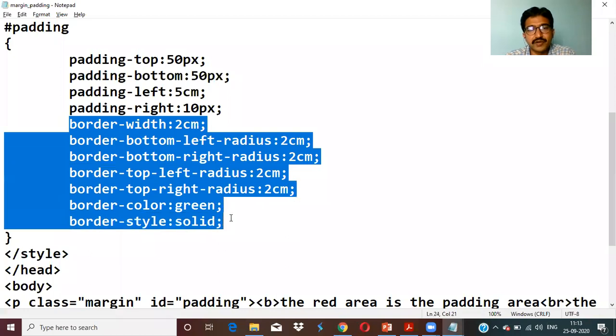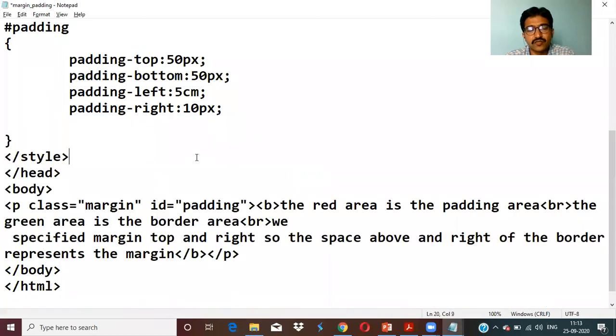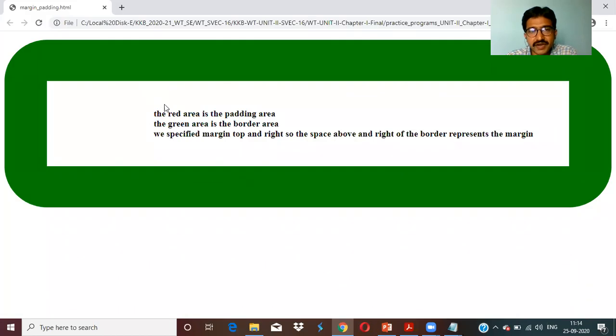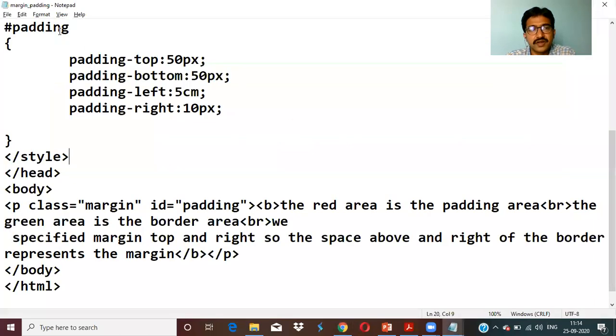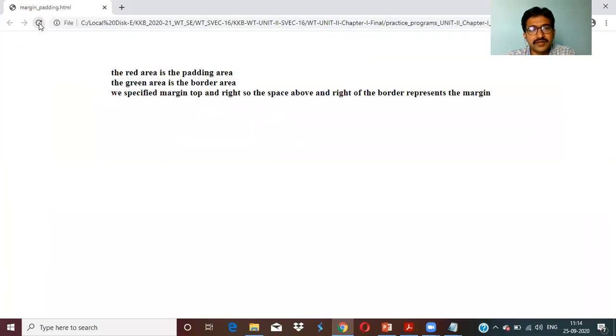Now let me see one by one. In this padding, I am removing this so that we can understand what padding actually indicates. Padding means what? Inside this white box, there is padding here. This space, this space, this space, this space. Inside this, the padding goes on. Now I'll save the program and refresh. See the padding here.